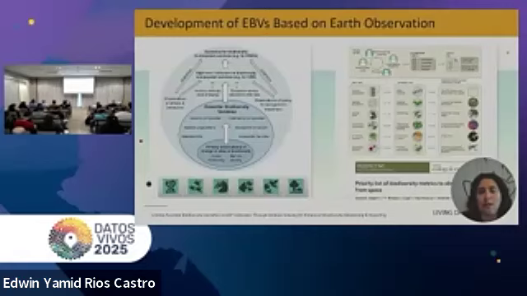An important example of the development of EBVs based on Earth observation data is provided by Andrew Skidmore and his colleagues. This study outlined how remote sensing data can be systematically applied to generate EBVs, supporting consistent measurement and monitoring of biodiversity at large spatial and temporal resolution.